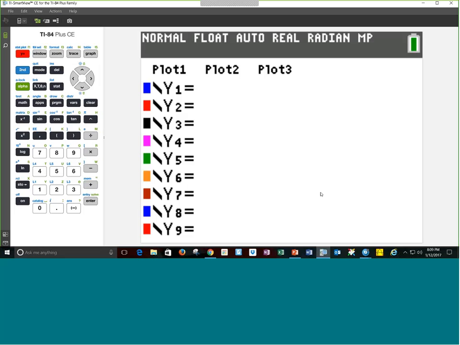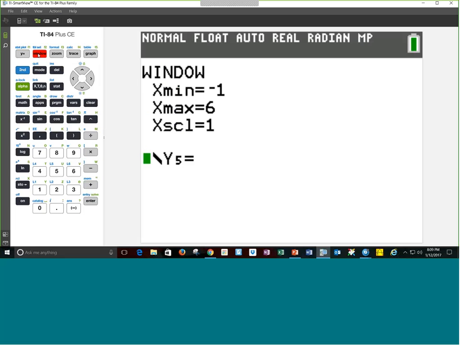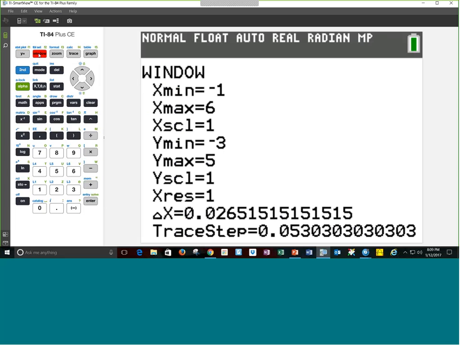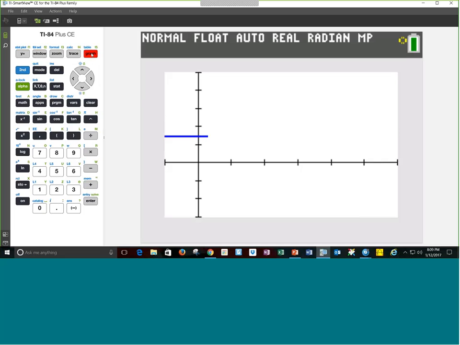So basically what we're going to do first is look at what we would call a constant integrand, and the paper suggests that we should graph the constant 1.5. I have already set up the window ahead of time in the way that they recommend, with an x-min of -1, an x-max of 6, and then likewise a y-min of -3 and a y-max of 5. And so I'm going to go to graph, and so of course I see a constant function.